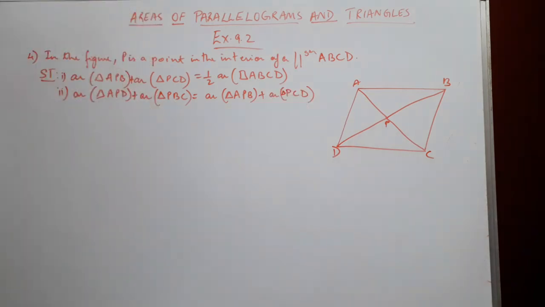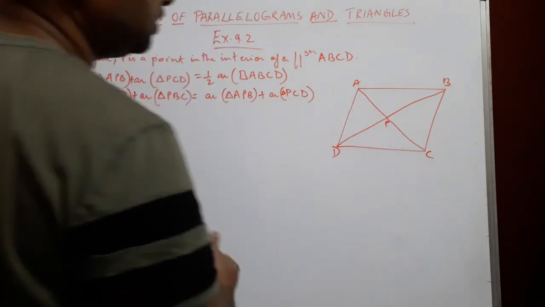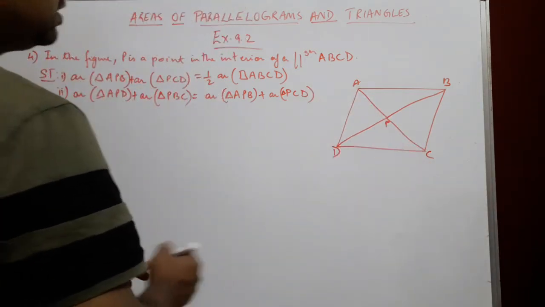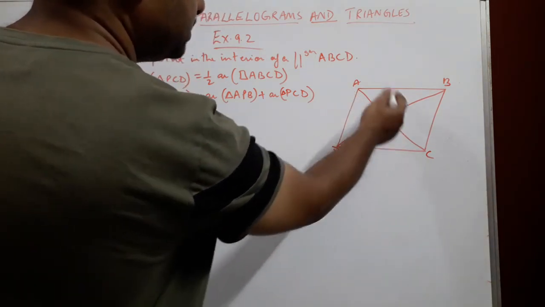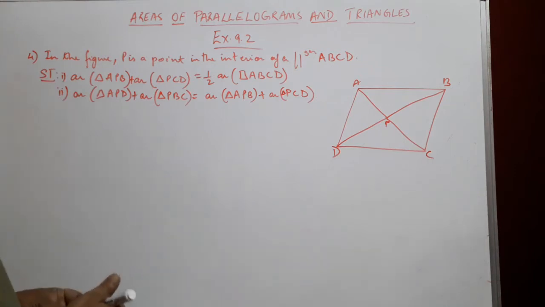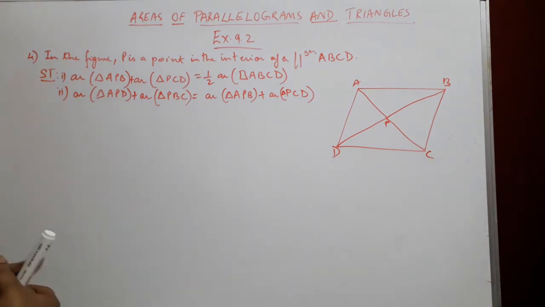Okay, so we need to show two things over here, and if you notice, we just have a triangle, and mind you, this is not a diagonal. AC is not a diagonal. Actually, it is just AP, and then PC is different, and AD. So these are not actually diagonals of a parallelogram, so we can't use any properties of diagonals of a parallelogram.